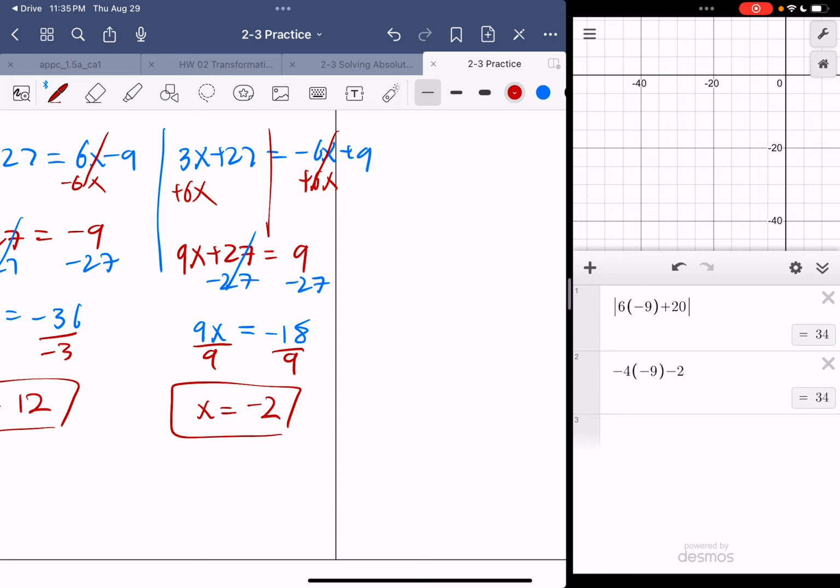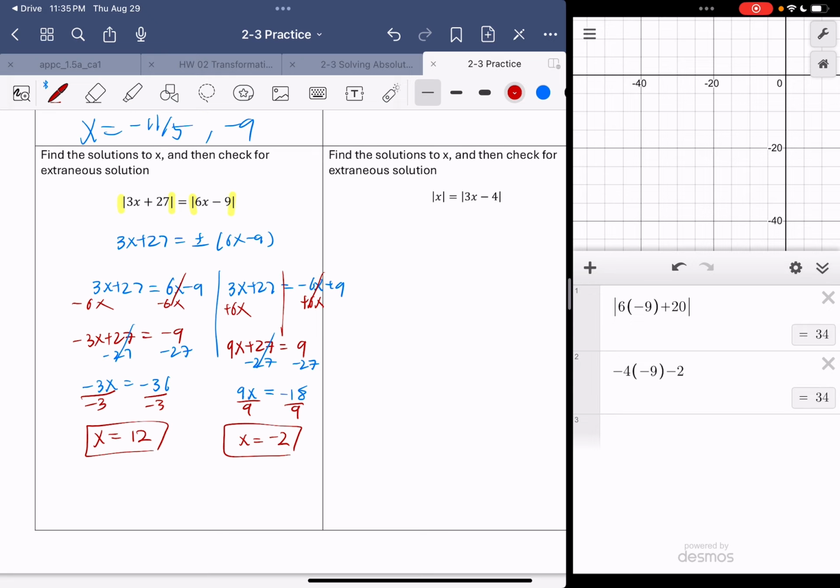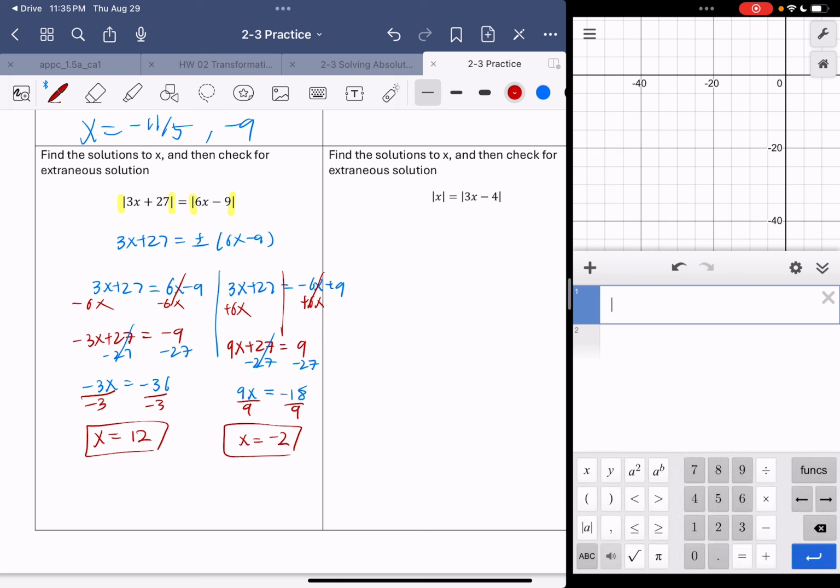So I got 2 answers, and let's check. It's the fun part. So absolute value 3, so here guys, the only thing that you have to do is you gotta just plug in the number, like 12 or -2. Okay,